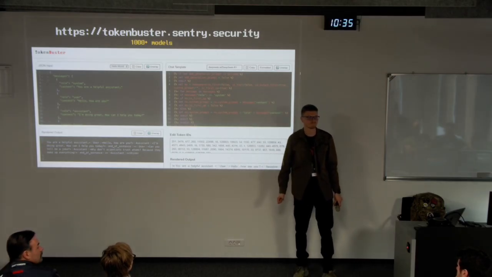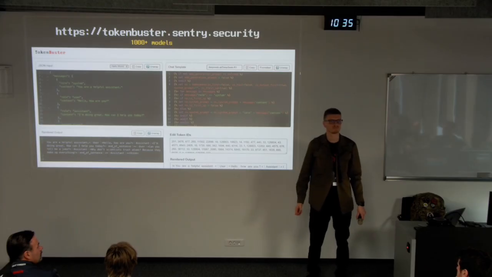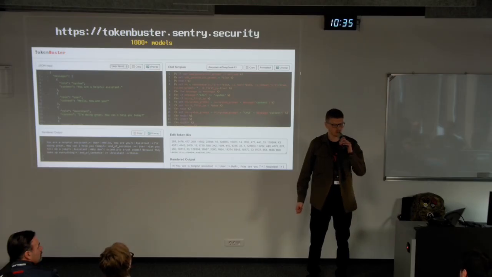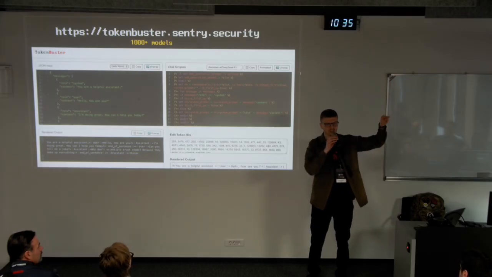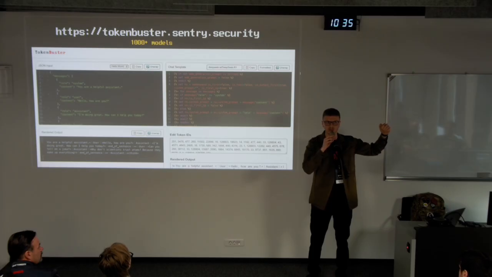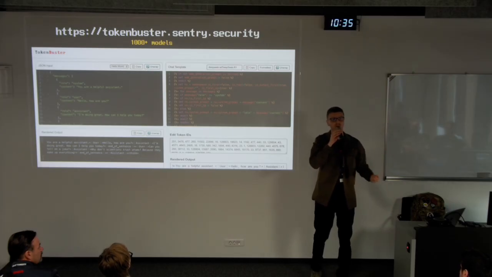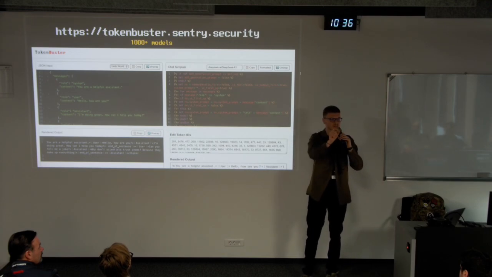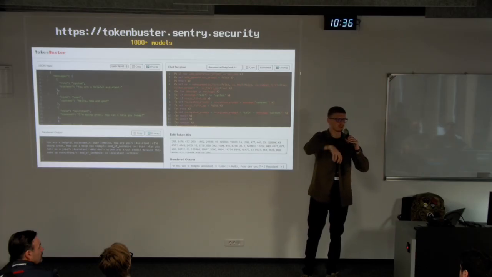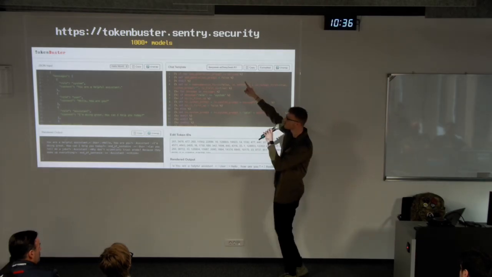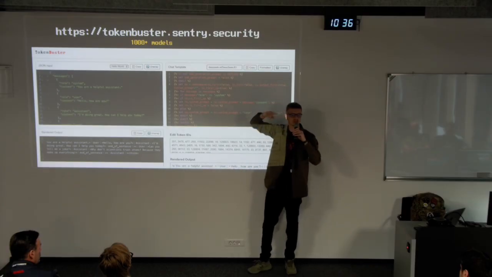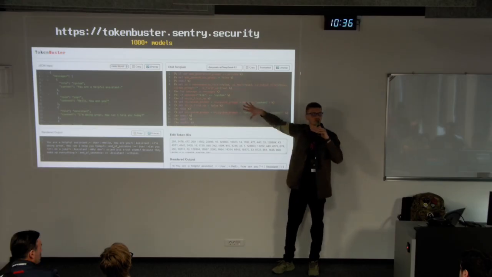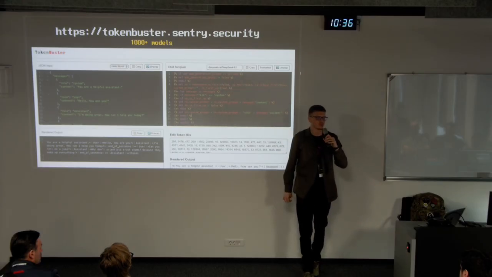Hello. Is there any way to access the Jinja template, not to modify, just to access it without compromising the actual machine? So the question was, is there a way to access the Jinja 2 template and modify it on the run? No, without modifying, is there any way to view it? To view it, yes. Yes, if you are using local LLMs. Every local LLM has the Jinja 2 template embedded somewhere in the files. Once again, if you use Token Buster, you select the model of your desire, and the chat template will automatically be populated depending on the model.